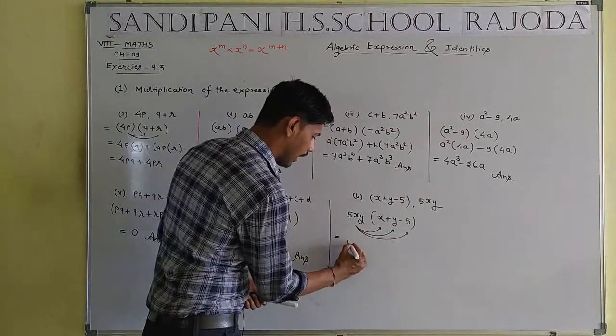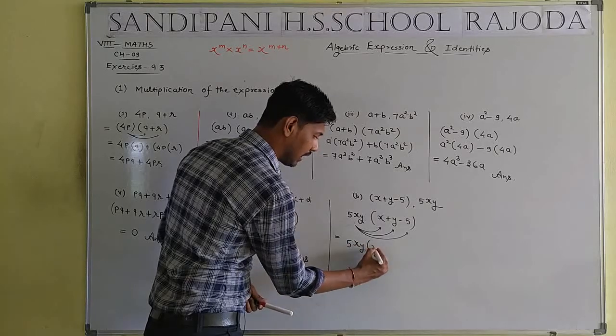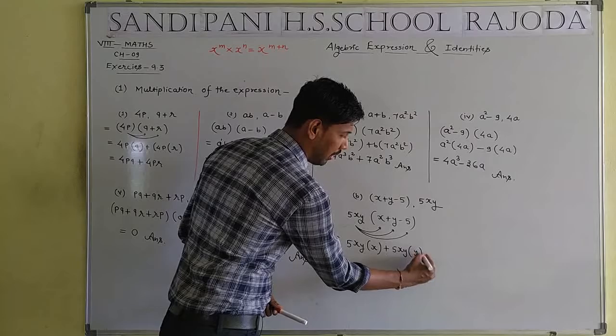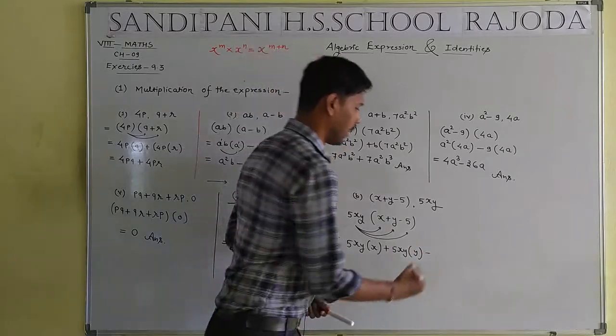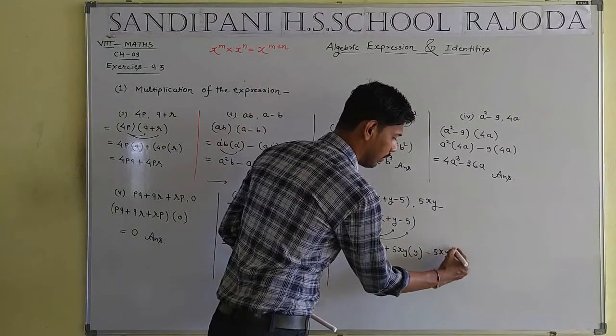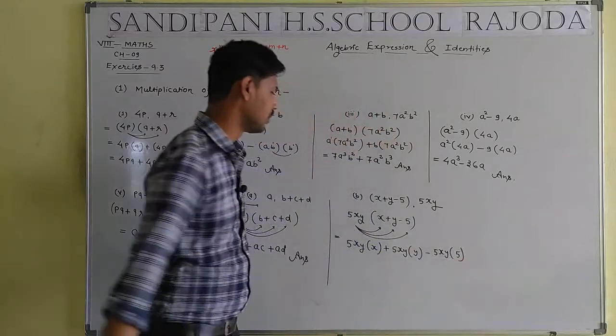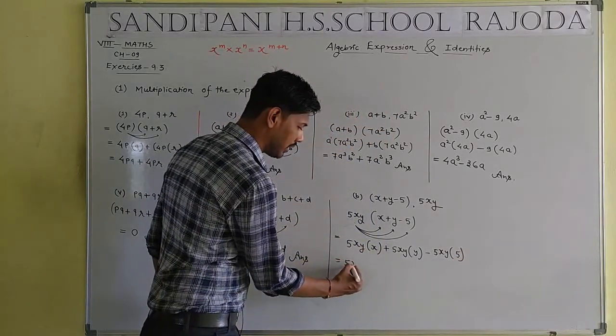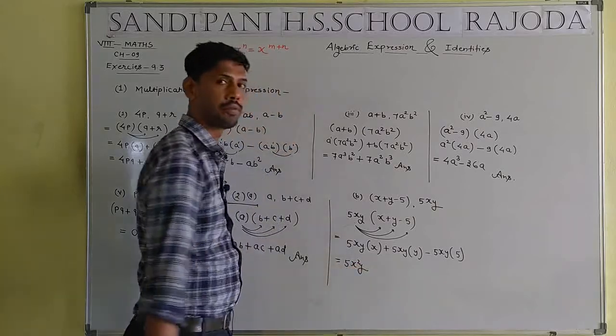These multiplied by these, then these and finally these. So 5xy will be multiplied by x, 5xy will be multiplied by y, and finally 5xy will be multiplied by 5. Okay, student. Here x will be multiplied by x, then we get x square y.